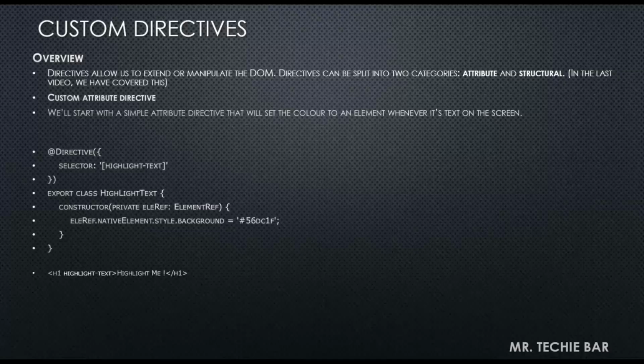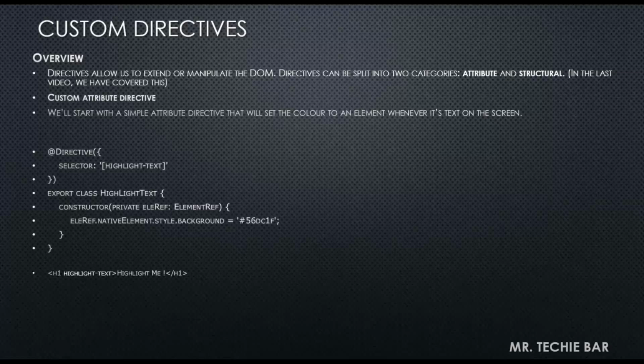A custom directive is altogether a different approach compared to attribute and structural directives. In my previous video I explained that in structural directives we have predefined ones from Angular, like ngIf, ngFor and ngSwitch, to manipulate the DOM. So we can use those syntax directly and perform such actions, and in the case of attribute directives we have ngClass and ngStyle, which we can directly use. But in the case of a custom directive we have to create the whole logic separately in the application.